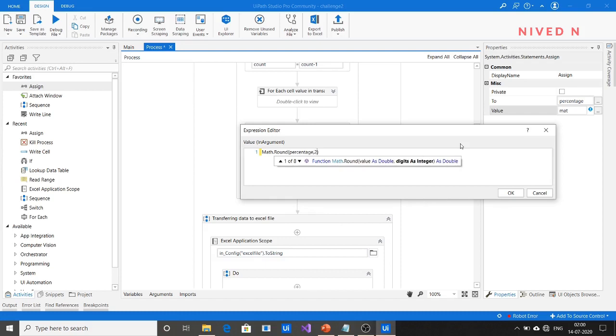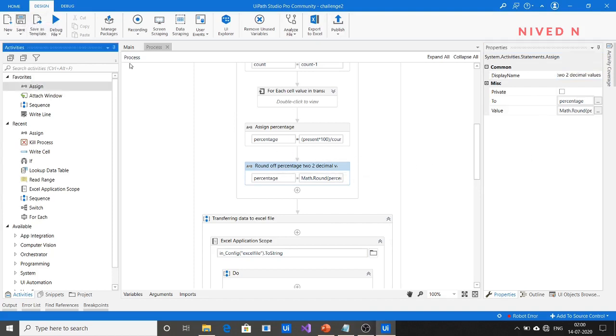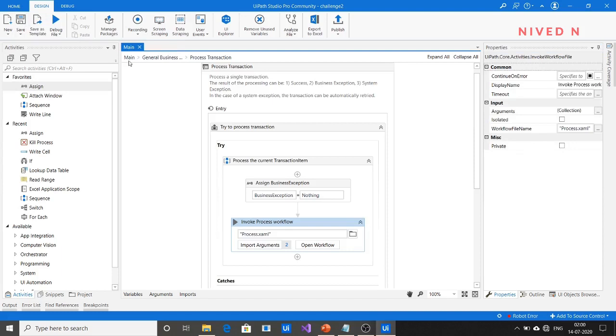You can give a name here: round of percentage to two decimal values, because it's a big decimal value. We don't require such a big decimal value. That is why I didn't use this earlier, because I wanted to show what the big difference is.